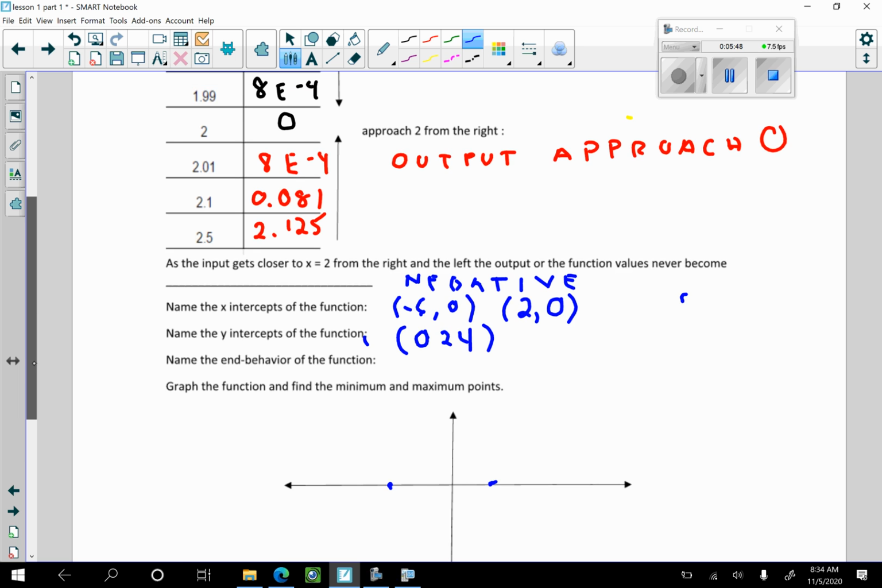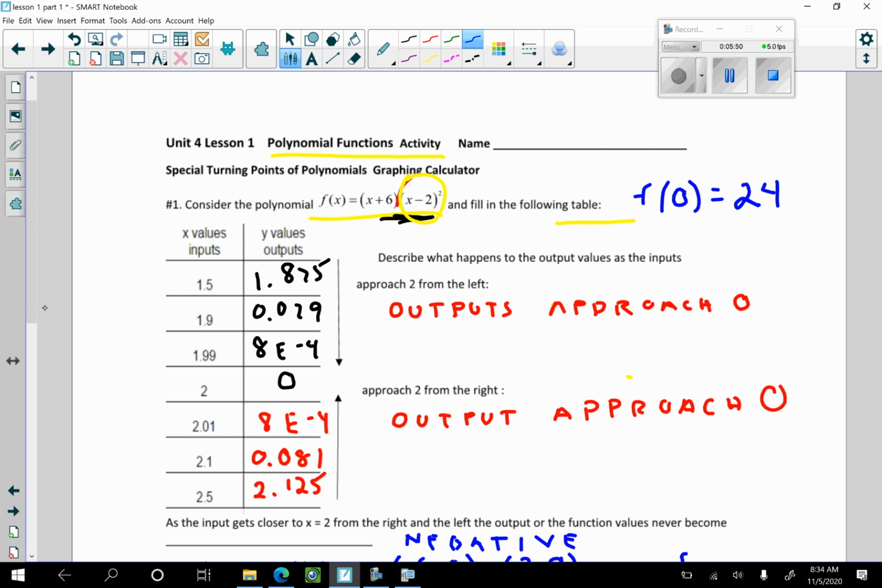And if I want the end behavior, if I were going to multiply that out, I'm not going to, but another way to write this function would be this, true or false. I could write it this way. I could write it as x plus 6 times